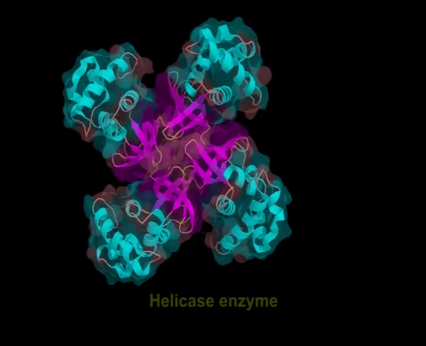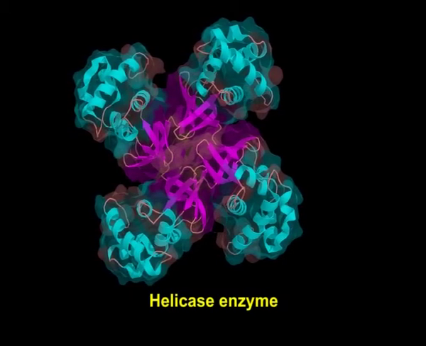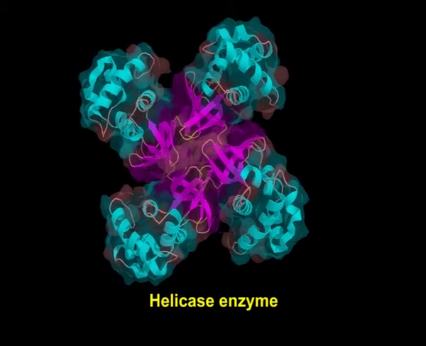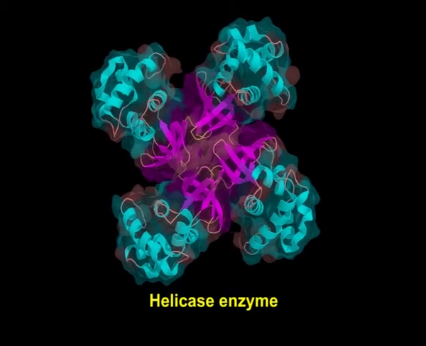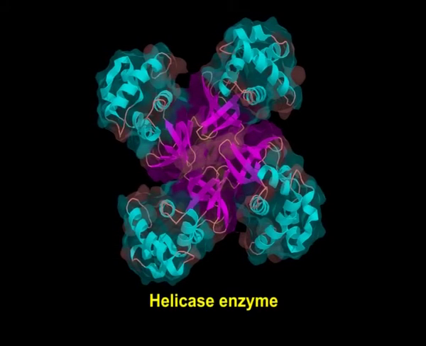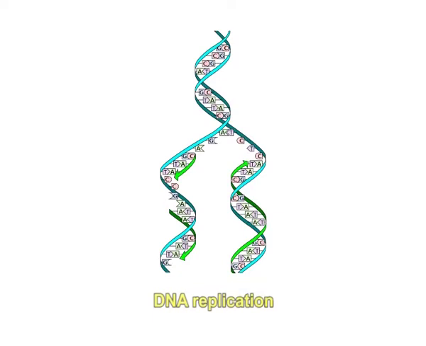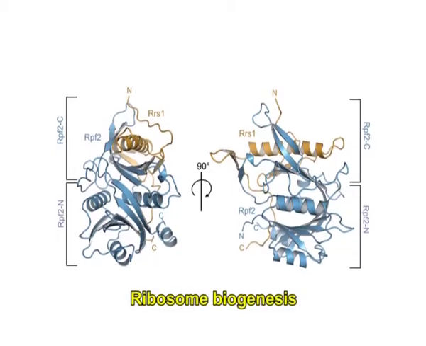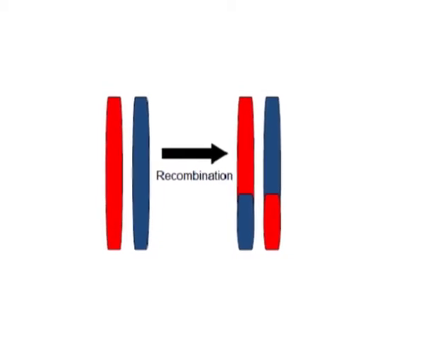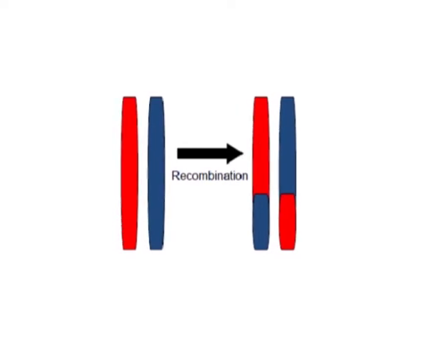The main function of the helicase enzyme is to denature or unpack the DNA. Helicases are motor proteins. They move directionally along a nucleic acid phosphodiester backbone, separating the two strands of the DNA by using the energy derived from ATP hydrolysis. Cellular processes like DNA replication, translation, transcription, DNA repair, ribosome biogenesis and recombination involve the separation of nucleic acid strands, which requires the use of helicase enzyme.